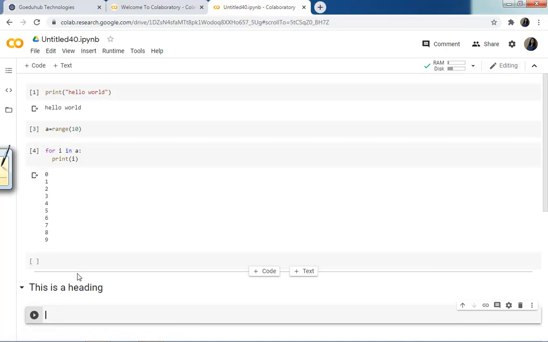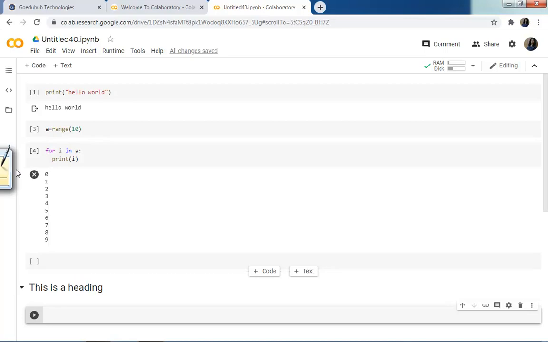This can be a heading, this can be a paragraph, and it supports lots of Python libraries. You can do visualization, you can use data science libraries, you can use deep learning libraries, and you can work with TensorFlow in Google Colab. So don't worry about the installation part. Now you are free. You can simply access Google Cloud free of cost through Google Colab.